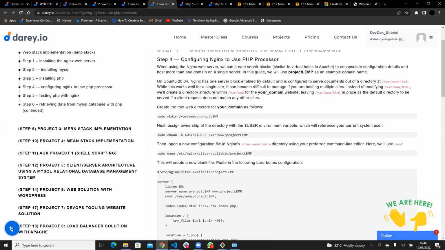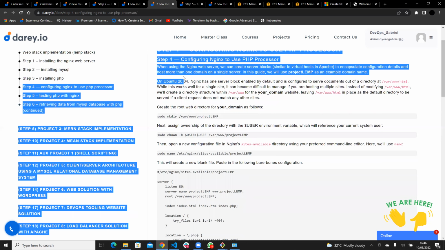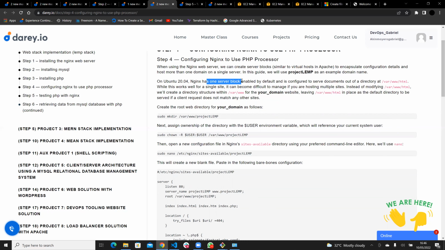In this guide, we use projectLEMP as an example domain name. In Ubuntu 20.04, Nginx has one server block enabled by default and is configured to serve documents out of this directory,